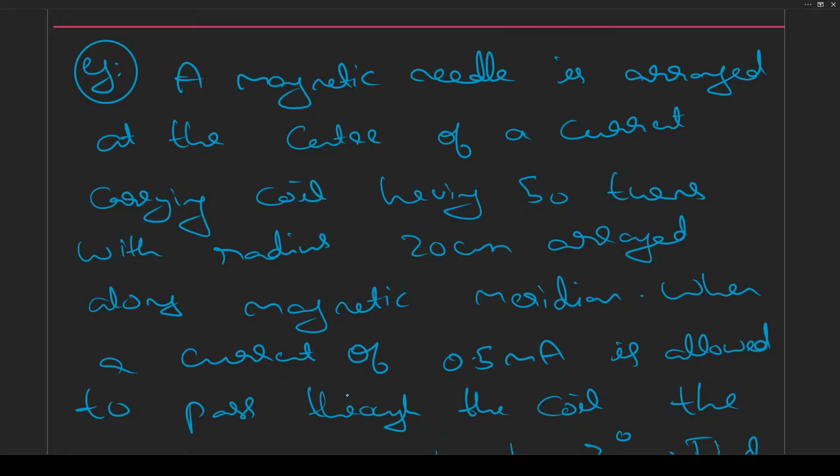And when there is a 30 degrees deflection, how much of that deflection is due to the Earth's component? That is what they're asking here. We have to find the magnitude of the Earth's field horizontal component. Solution: